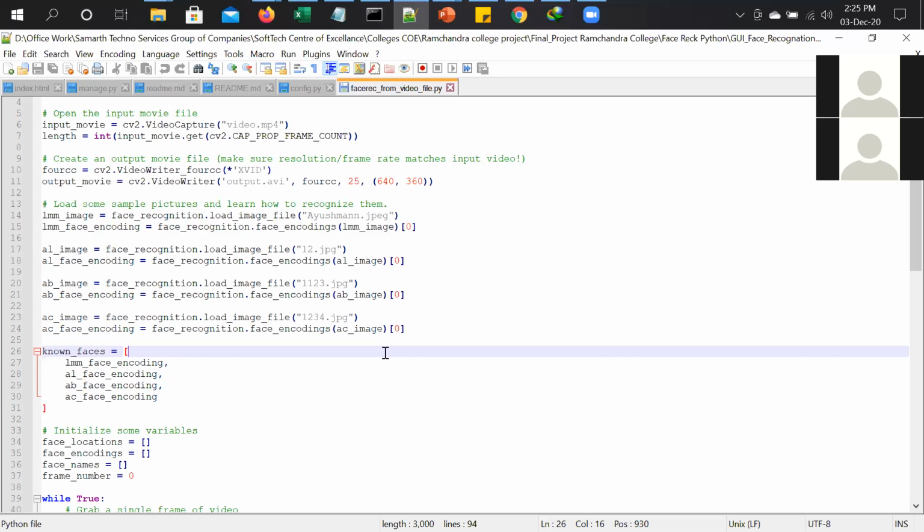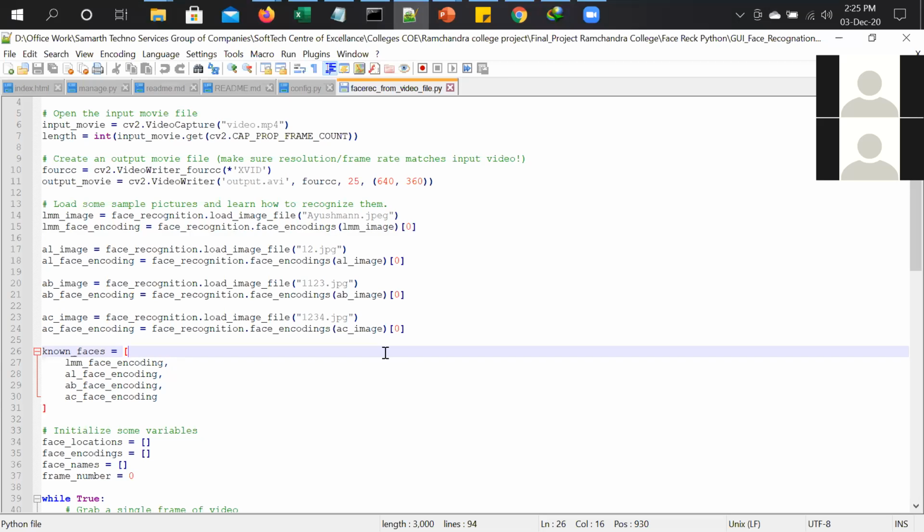Now here I'll type the name, Anshuman. Now I need to specify the height and the width of that video. So I'll go to the properties of this file, then details. This has 25 as the frame rate. Height is 360 and width is 640.